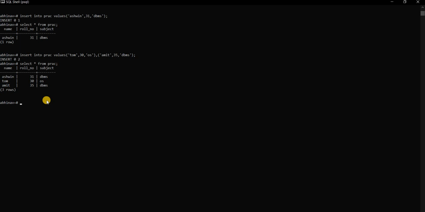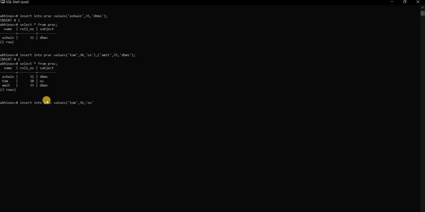Now we are inserting some more values. Insert into prac values, and I'm inserting the name Tom again, and his roll number is 36, and he's choosing the subject OS as well.